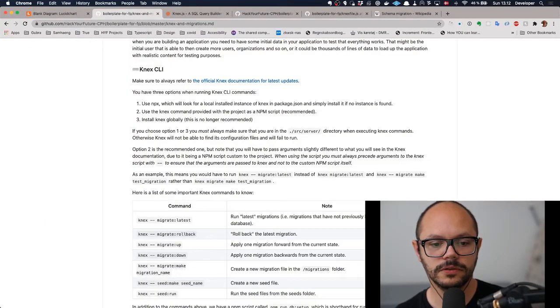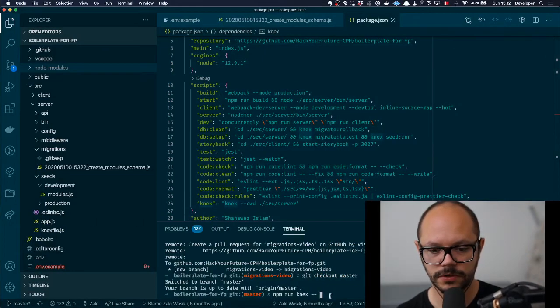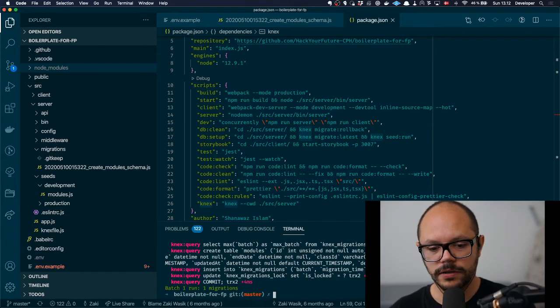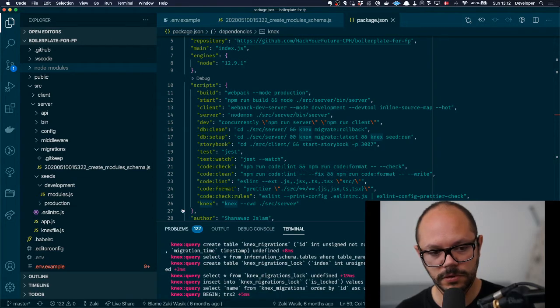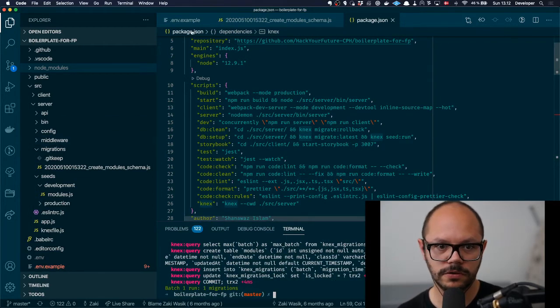Let's have a look here again. So anyhow, we need to run Knex migrate latest. I think I typed it out almost. Knex migrate latest, and it tells us that it did run one migration. And you can actually see that this is showing us all of the SQL that it's executing on the database. The reason it's showing us the SQL is because inside of my